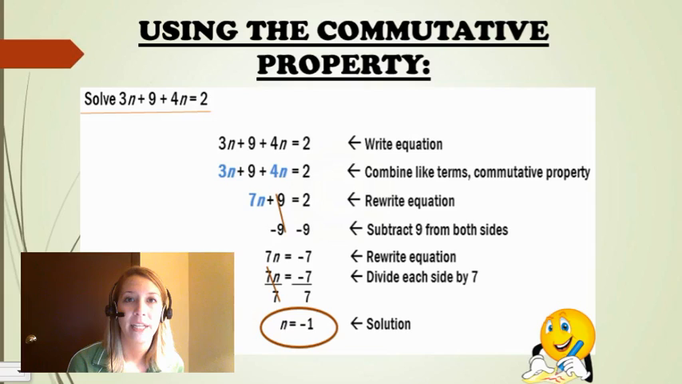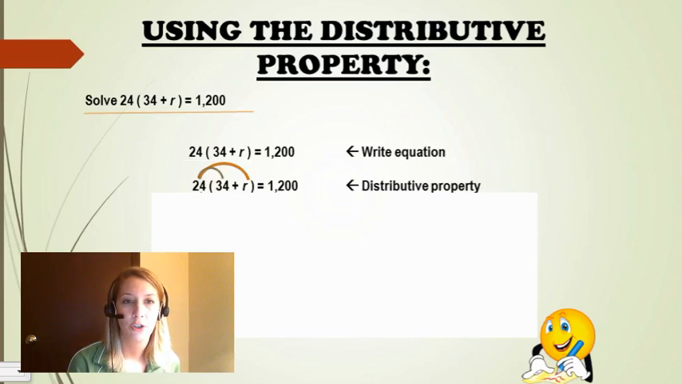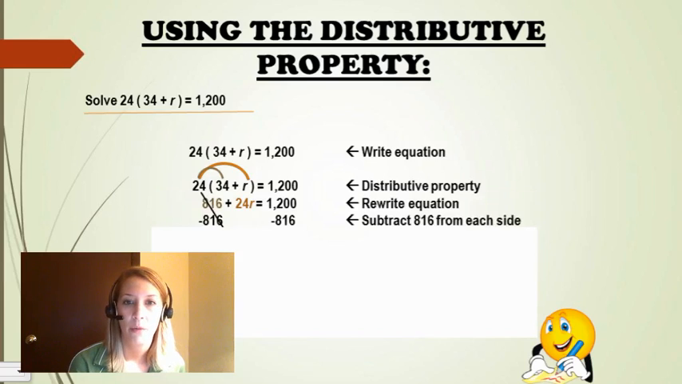Next, we're going to take a look at an example of using the distributive property with solving a multi-step equation. In this equation, we are asked to solve for r. So first we're going to rewrite the equation. And then we are going to use the distributive property. We're going to distribute 24 into each term inside the parentheses. So 24 is being multiplied by 34, and 24 is being multiplied by r. And we're going to rewrite the equation to be equivalent to 816 plus 24r is equal to